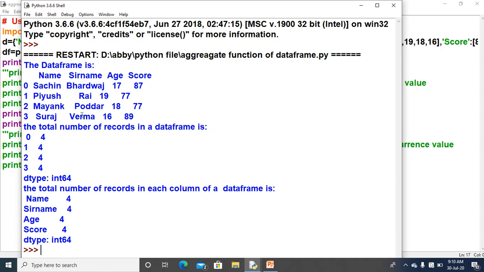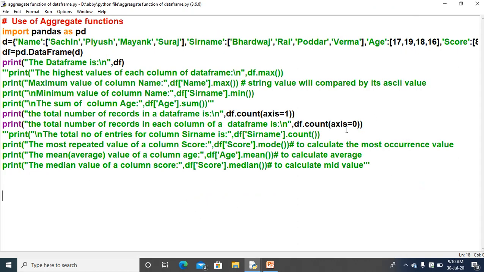So 4 is coming. Surname will also have this one. Age too. So this is the thing that you need to take care of. When x is equal to 1, what is the format of the output, and when x is equal to 0, what will be the format of the output. Clear? Now I will make all of the above comments and the rest executable.